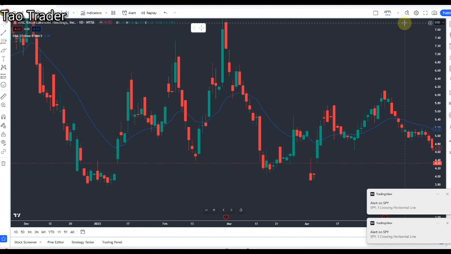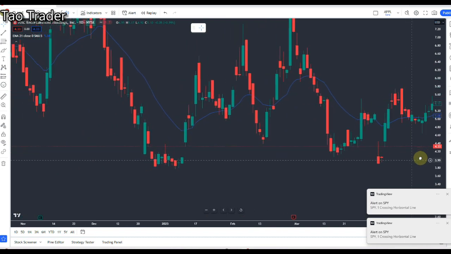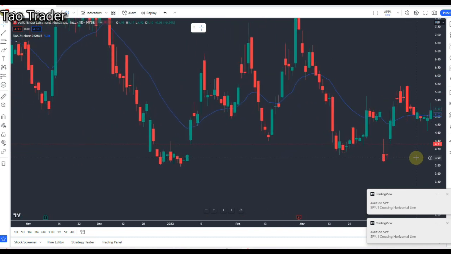Okay, we're going to discuss support and resistance. There are so many different ways different people do their support and resistance, and I have tried all kinds of different methods. The method I have found that works the best for me is I will open up the daily chart on a stock,